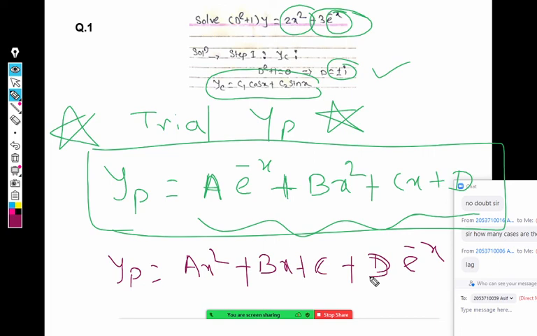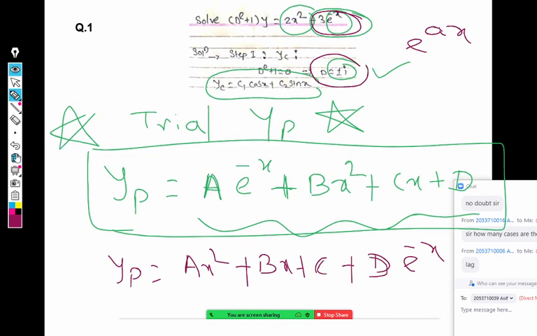For exponential, it is very simple. If e raised to ax is there and a is a root of the auxiliary equation, then we have to write x times a into e raised to x. If it is not a root, just write a e raised to x only. In trigonometry, a little difficulty is there because the root is d only and we have to check for d square, but yes, we can find it out. We'll do one example of trigonometry trial later on.